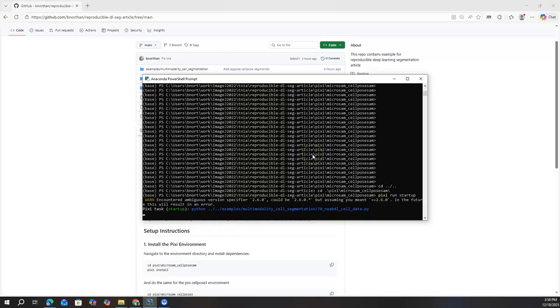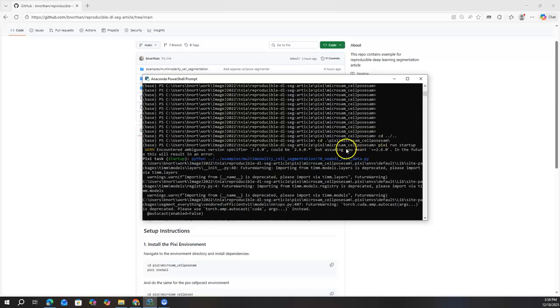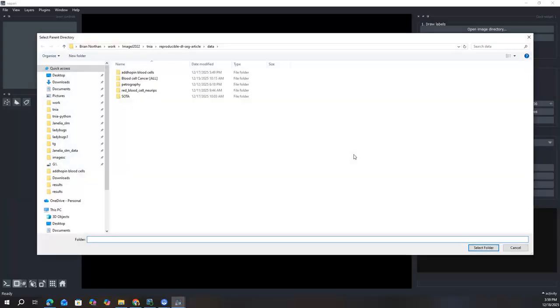So I just did that from the command line. And I think one of the ways Pixi might evolve is that people will start making little Pixi projects that start up really cool applications and set up all the dependencies for them. Instead of having people jump into the command line like I do, they'll probably just make them shortcuts on the desktop. So anyway, my Napari started up, and then it's going to ask me a couple of things.